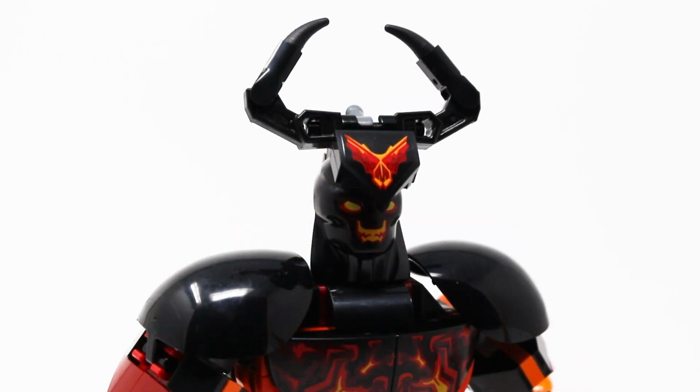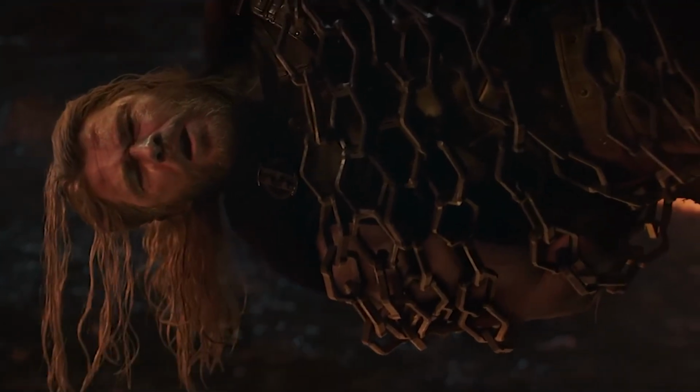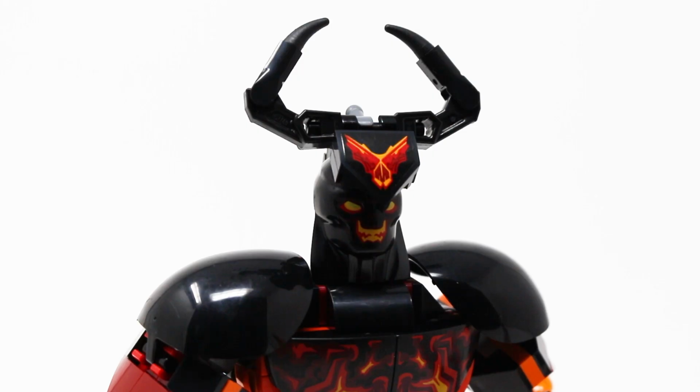But the main reason they were able to make the shaping accurate is the addition of his crown, which Thor has some choice words about in the film. Oh, that's a crown. I thought it was a big eyebrow. It's a crown. That has a sticker, kind of wish that were a printed part,